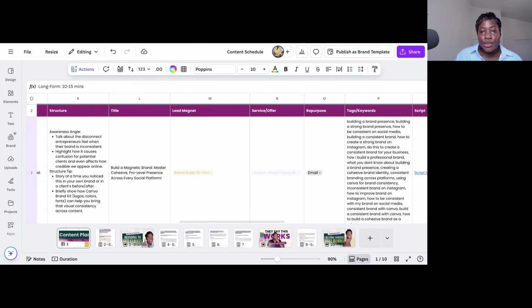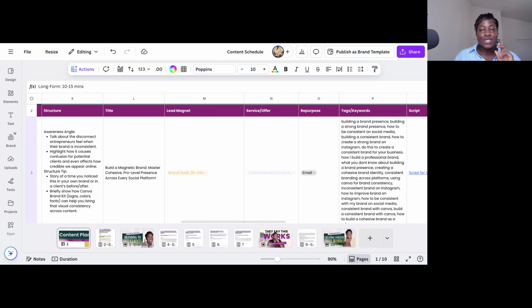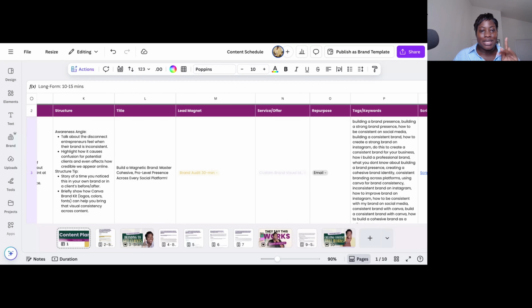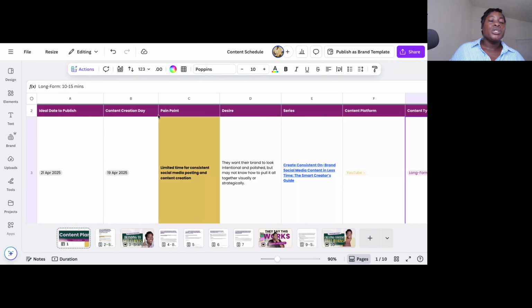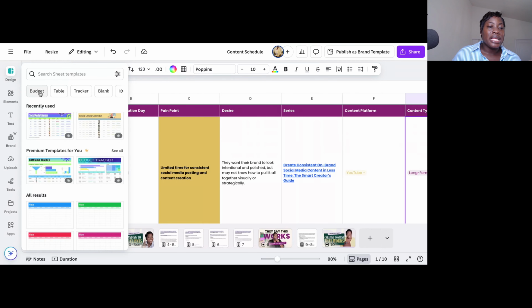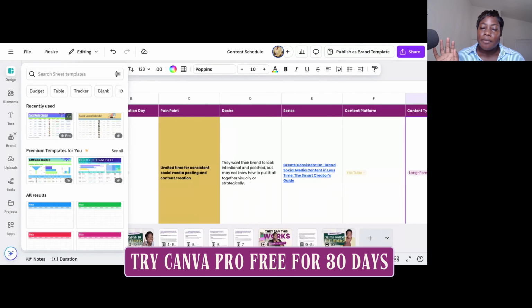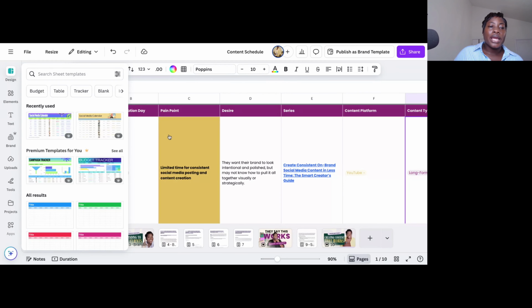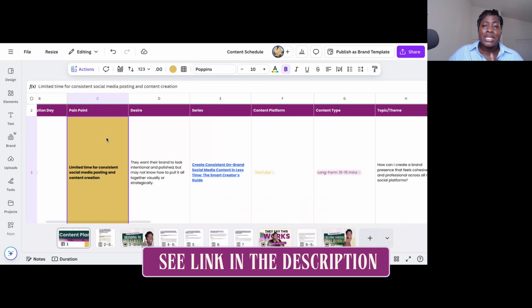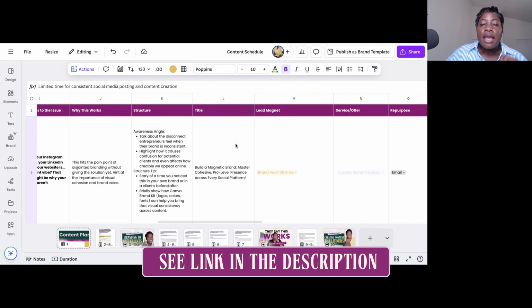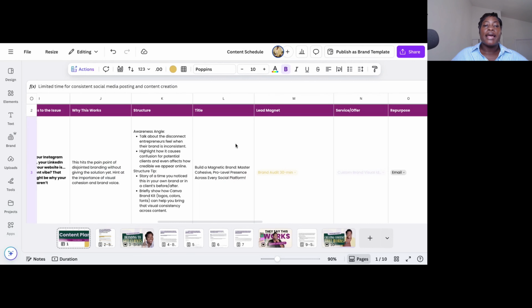So let's just do a quick recap from top to bottom of what I walked you through. One, where to start from with creating a blank sheet, and where to find templates. If you don't want to create it from scratch, you just want to get something ready made, by all means, use a template. But if you want to create from scratch, you can map out your entire thing. And if you're drawing blanks, like, how do I do this entire thing? Then of course you can use features like Magic Write to help you to map out your